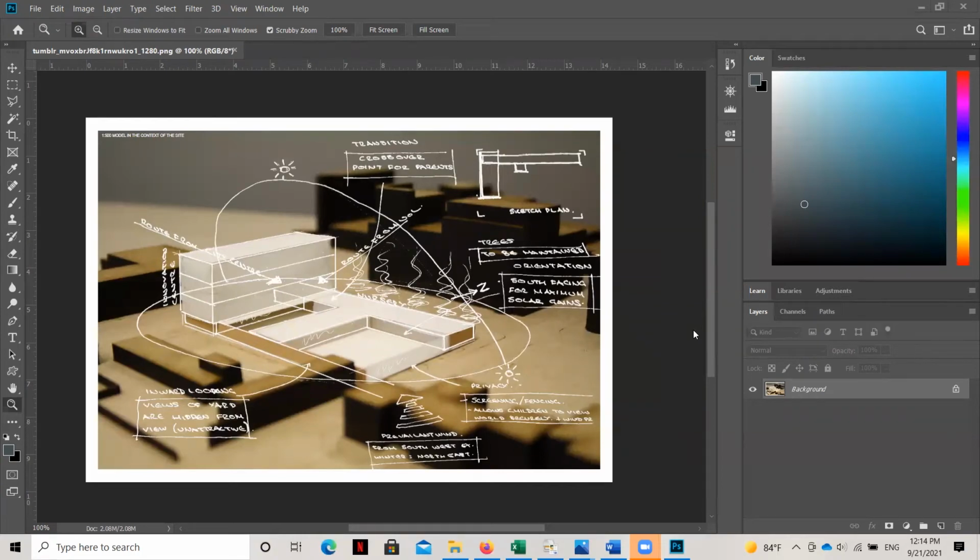video, I wanted to walk you through how to create a really unique rendering like the one that you see here. And so this rendering I found a long time ago, and I've always really been drawn to how dynamic it is, but also how easy it would be to create something simple like this in Photoshop. And so I'm going to just take a moment and deconstruct the process that you see here in case you ever want to create a rendering or sketched over rendering in the same style.